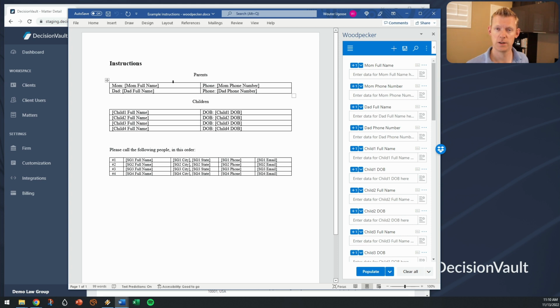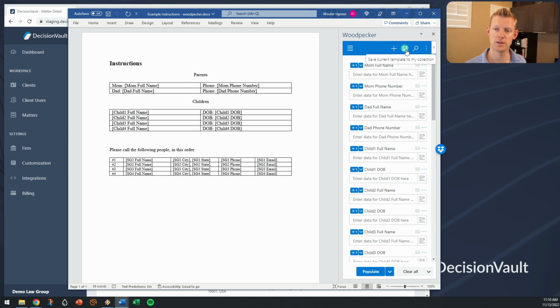In this case, this is a very bare-bones document that your client might give to their kid's school to show the list of short-term guardians to call in case something happened to the client. So here I have the parents, the children, and then the short-term guardians. Pretty straightforward. You can build up this template and put in whatever other words you might want,